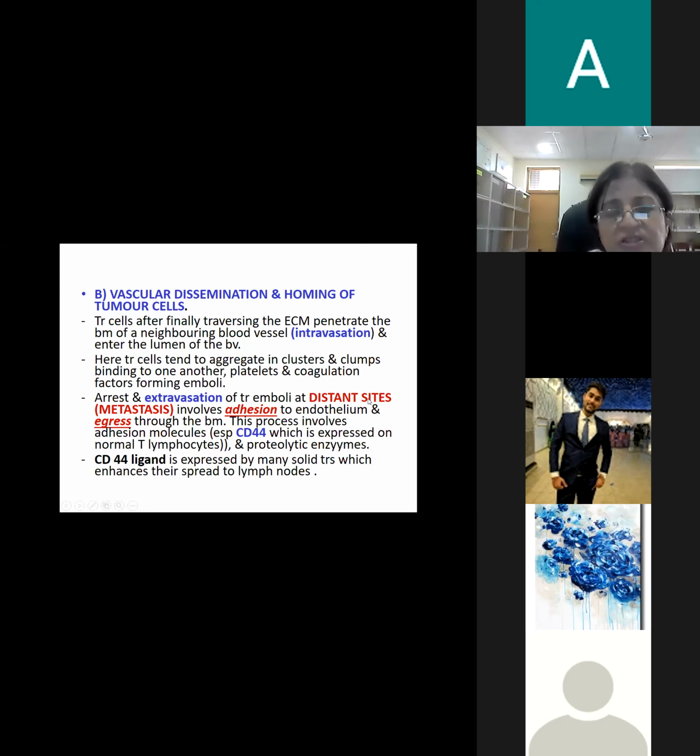Arrest and extravasation of the tumor cells at distant sites, which is known as metastasis, involves again adhesion of the tumor cells to the wall of the blood vessel, that is to the endothelium, and then egress through the endothelial lining. Now, this process also involves adhesion molecules, especially CD44, which is expressed on the normal T